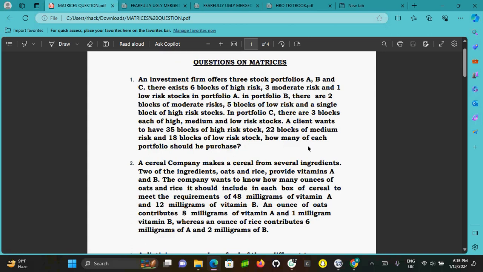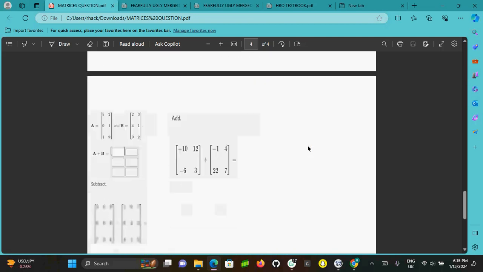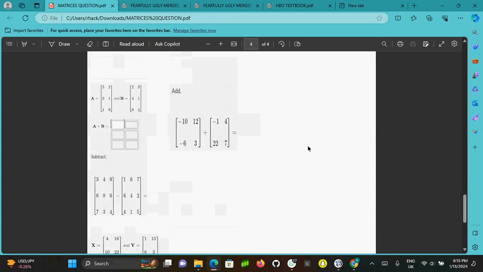So who tried his or her hands on this? Okay, let me start from addition and subtraction of matrices first. So here's an addition of matrices. We can see matrix A has 5, 2, 0, 1, 1, 9, and then matrix B has 2, 3, 4, 1, 0, 2. So if we are adding these matrices,